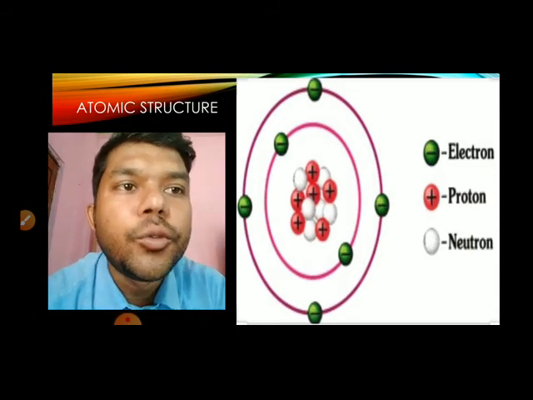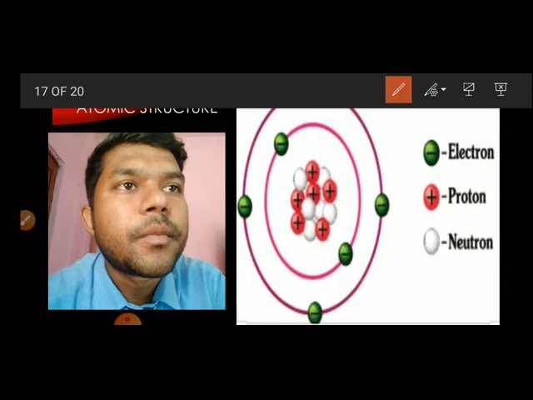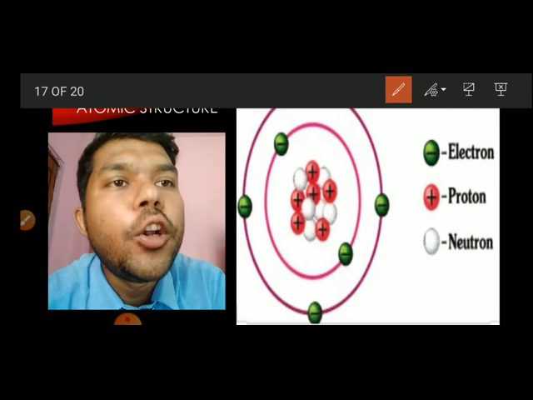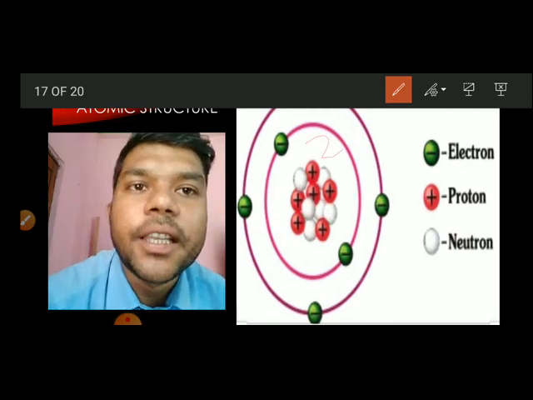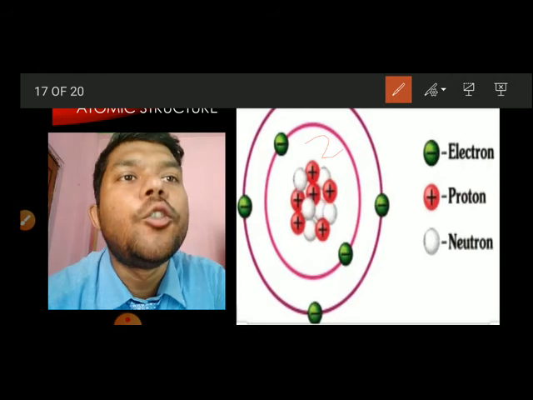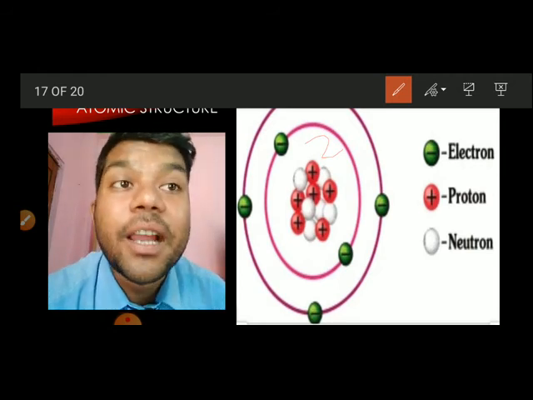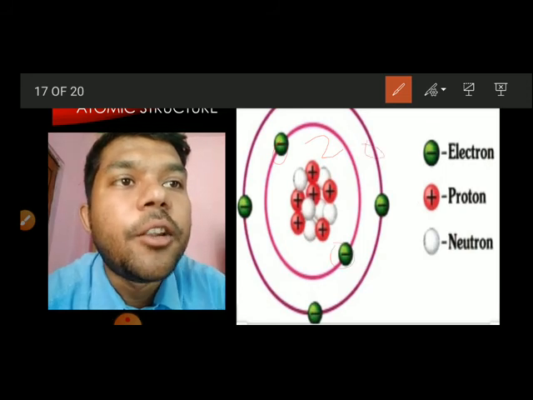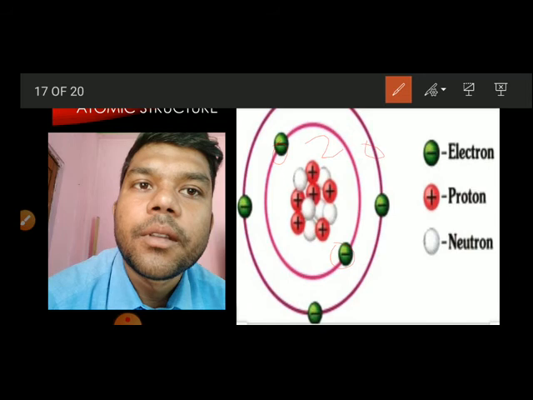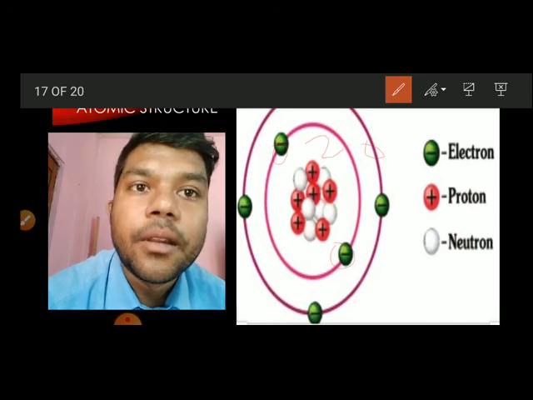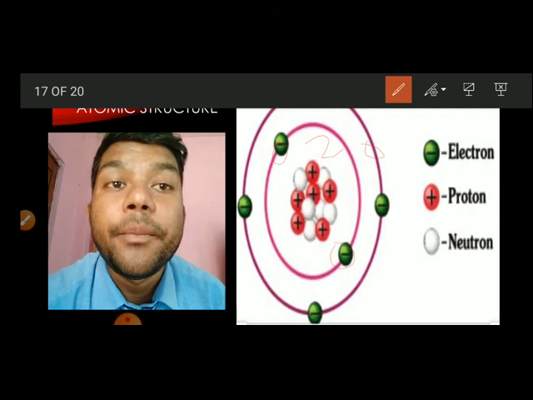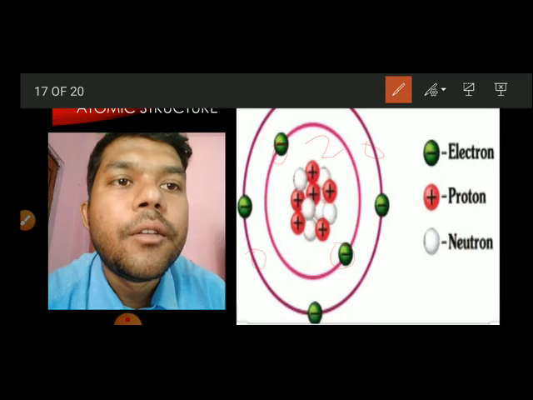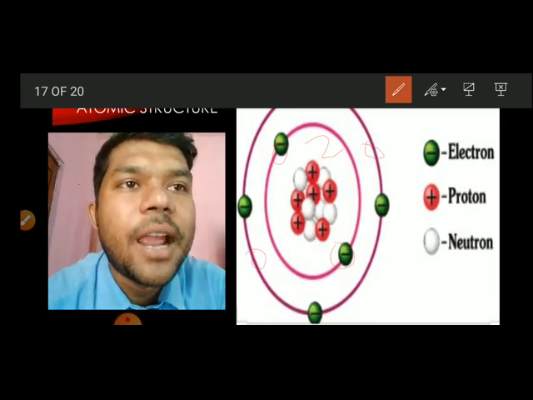Helium 2. Lithium, there is 3. But the reason is it can only hold 2 electrons in the first shell. More than 2 electrons, it will go to the next shell. That means talking about lithium, what will happen? There will be 2 in the first orbit and 1 in the next, making 3. That is how lithium is. After lithium, beryllium has 4 electrons. That means 2 electrons in the first orbit and 2 in the next. Don't focus on this green, okay? I am drawing that, focus on that.